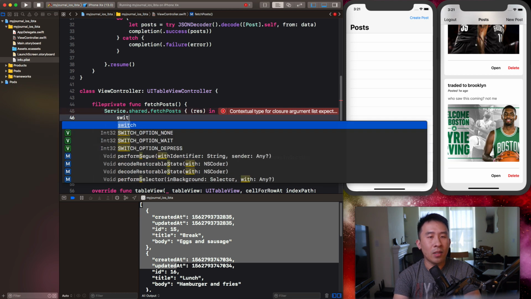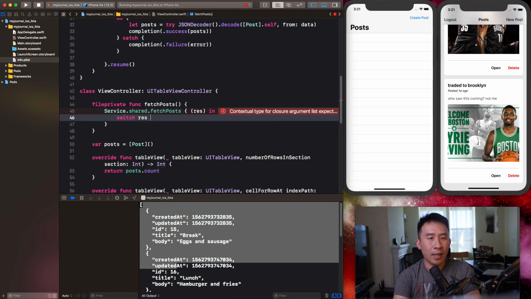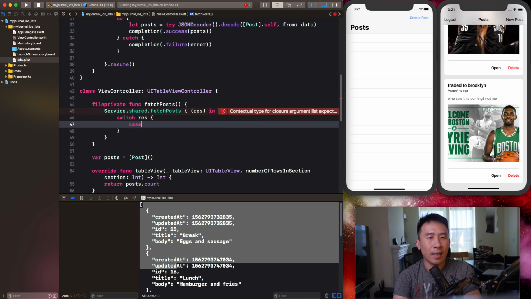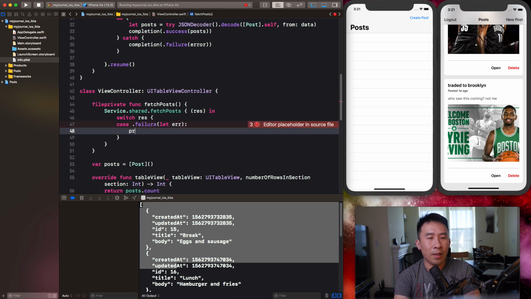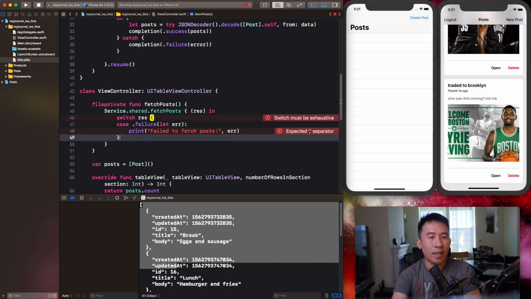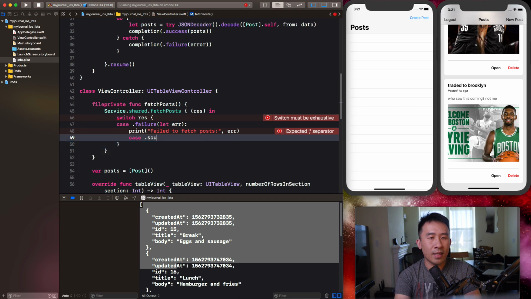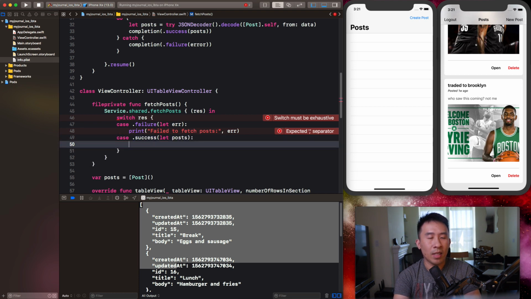And to actually test your result, you want to switch on this actual result, case of .failure, and you can say, let's see what's happening here. So let error, I believe this is what I want, and print out "fail to fetch post" and print out the error like that. I think I need a comma here. And then let's also declare the case of success as well, and let post be something like that, and print